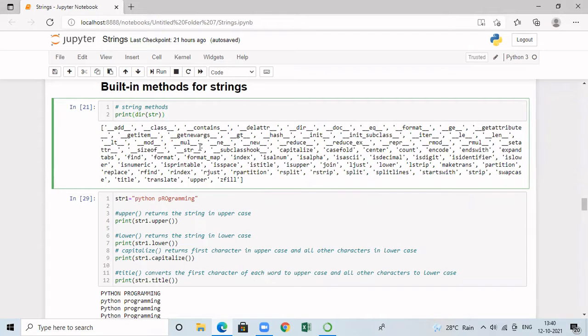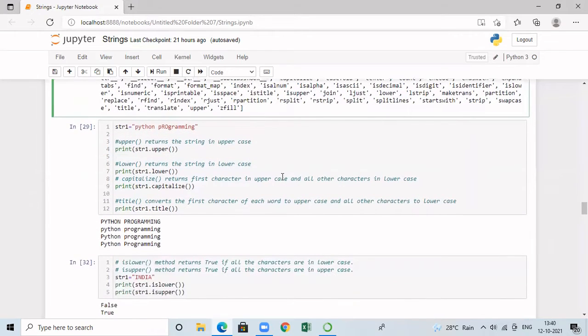Now we are going to see very important methods out of these. First, let us focus on upper, lower, and capitalize methods. Let me assume that I have a string called str1 initialized with Python programming. In this, some of the letters are smaller letters and some are capital letters. When I use the method upper, it is going to return the string in uppercase.